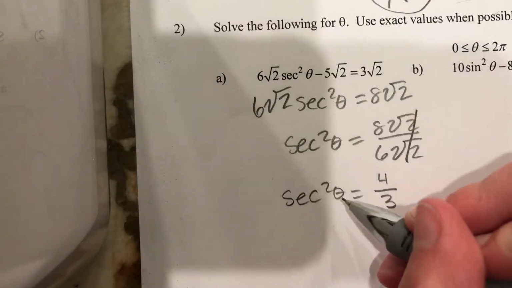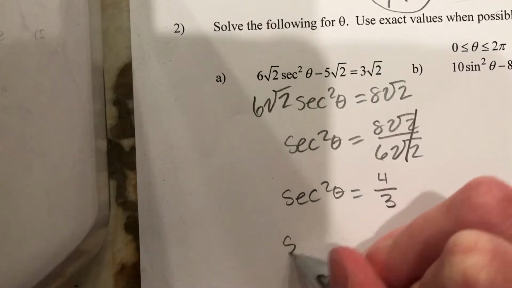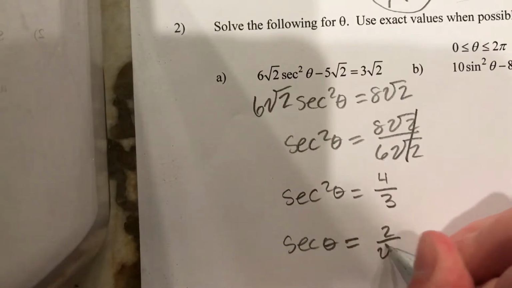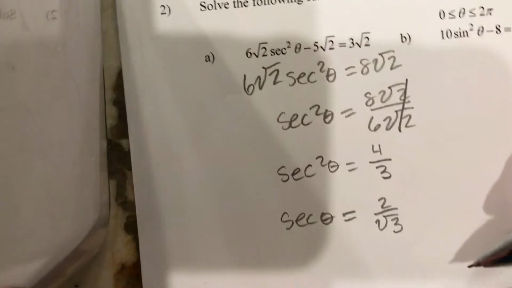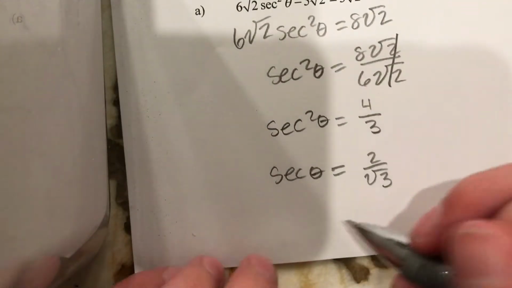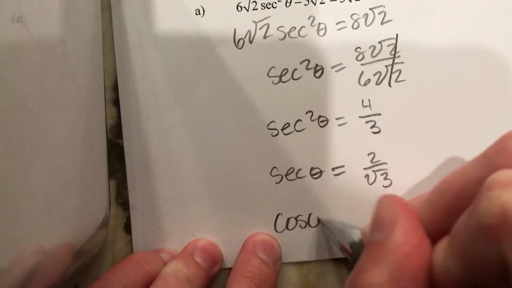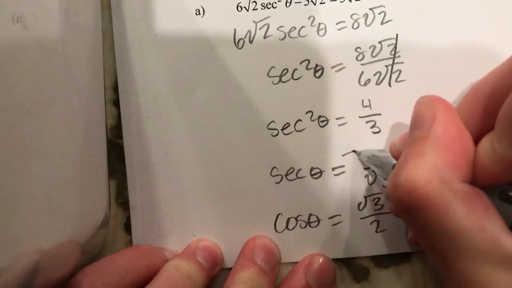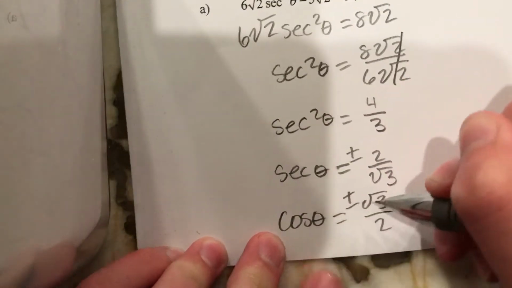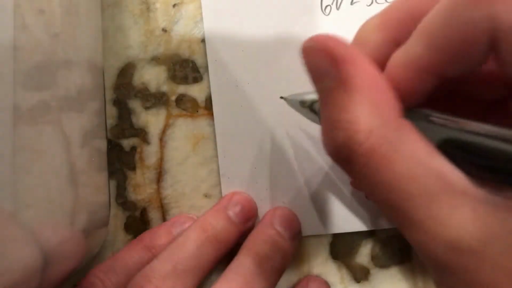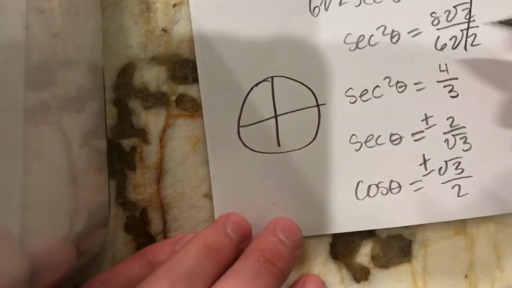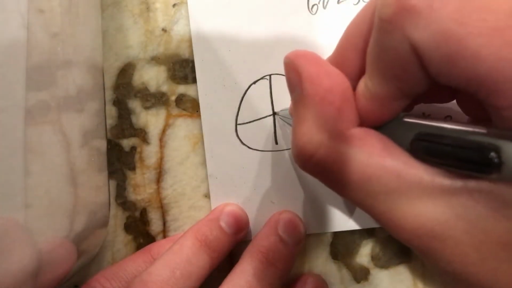And then you have to square root it in order to get rid of the squares. So you get secant equals 2 over root 3. And then secant is 1 over cosine, so then you get cosine of theta equals root 3 over 2. And all of this is plus or minus because of the square. So then, on your unit circle, cosine root 3 over 2 is